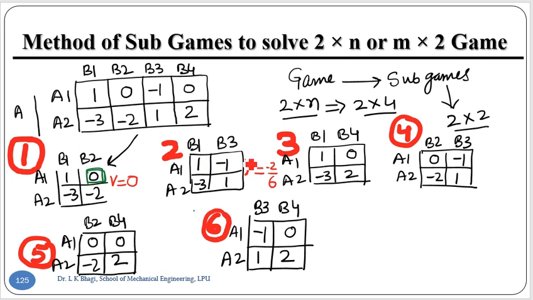Okay, so similarly we are going to solve the sub game 3. When we solve the sub game 3, we first check whether it is a stable game or an unstable game. Over here we write the minimum values: 0 is the minimum value for the row player, and minus 3 is the minimum value, and out of this, 0 is the maximum value. For the column player, the maximum value over here is 1, and the maximum value over here is 2, and out of these, the minimum is 1. So this 0 points to this location, and this 1 points to this location. That means it is an unstable game. It is not a stable game. We don't have a saddle point.